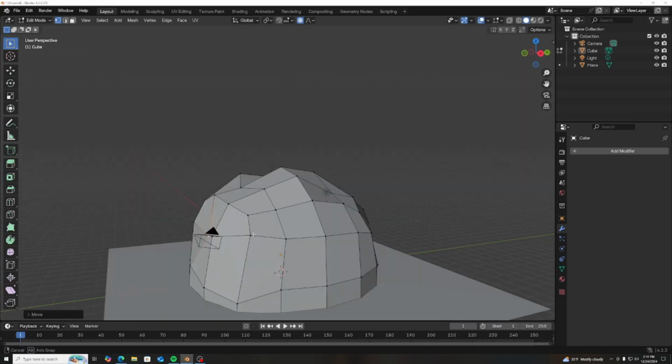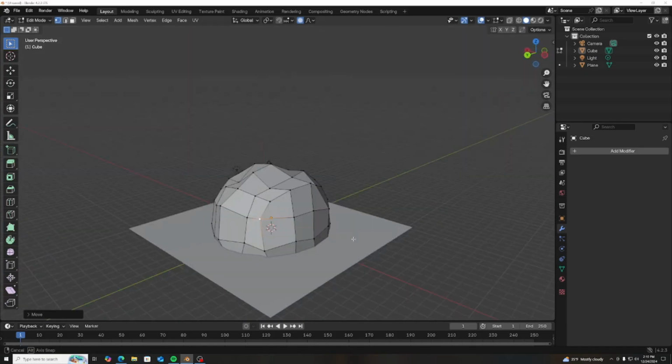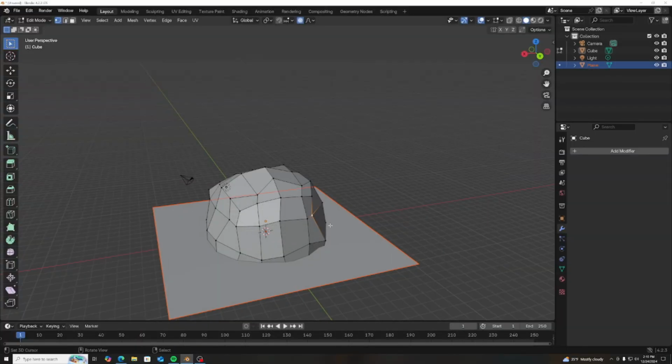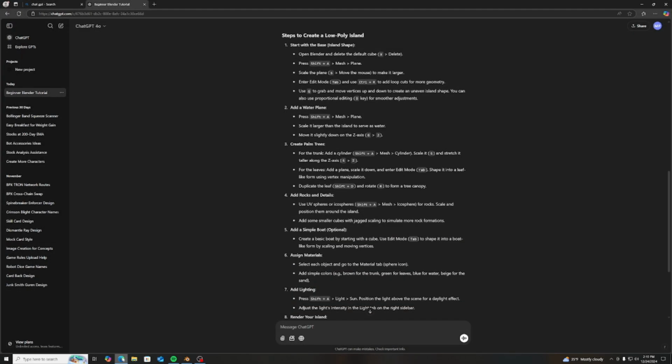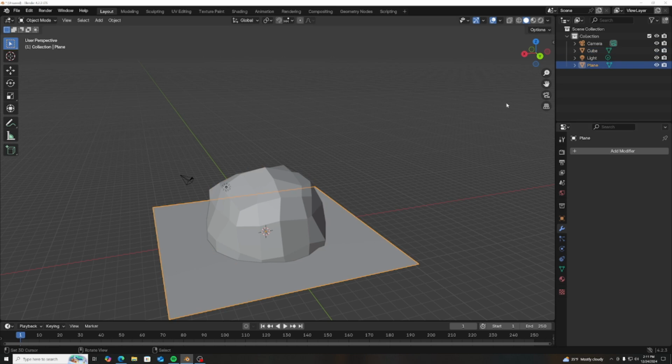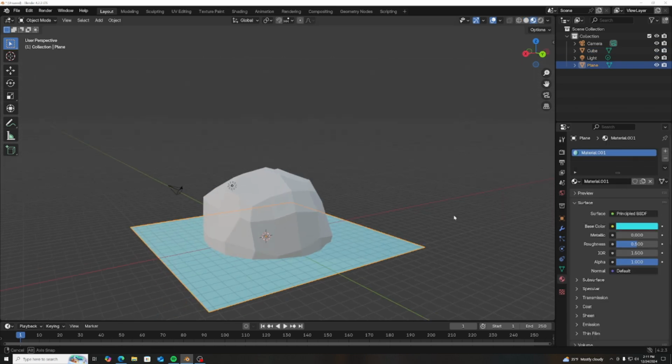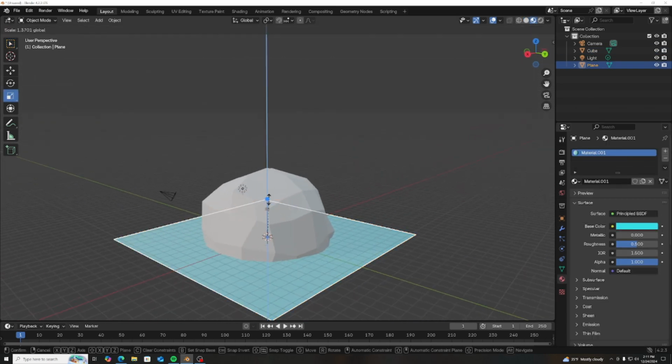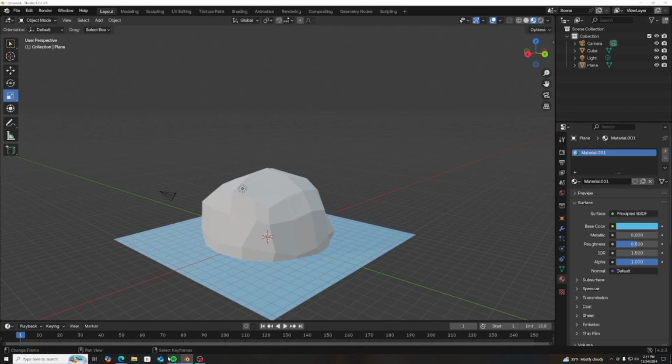So getting right off into the nitty gritty of it, I started with a plane and just put it on the 0, 0, 0 area, whatever you want to call it, the 0x, 0y, 0z, like true center of the map or the floor, whatever you call it. And then for the rock, I just